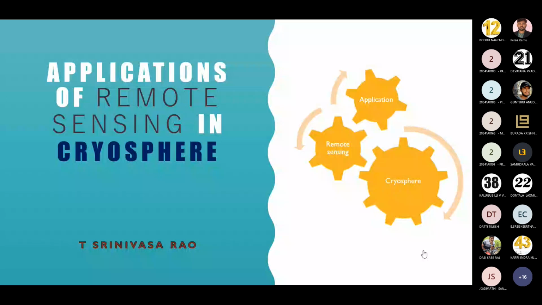So before that, where does water exist in the solid form? Here you can see this cyan color shaded region. This region indicates the major cryosphere region. Here we can divide this cryosphere into 3 major regions. One is Antarctica, second one is Arctic, and third one is extrapolar regions. So we know this North Pole and this South Pole where this Arctic and Antarctic regions are situated. Other than this northern and southern regions, wherever water exists in the solid form, it falls under the third region, that is extrapolar region.